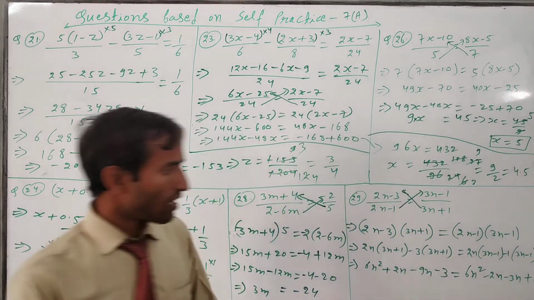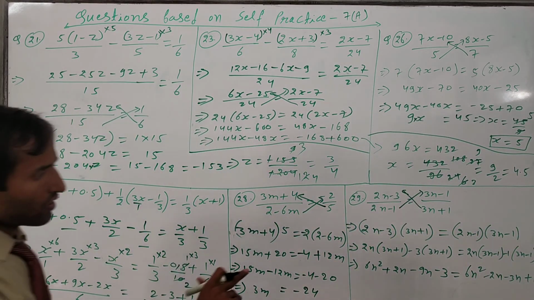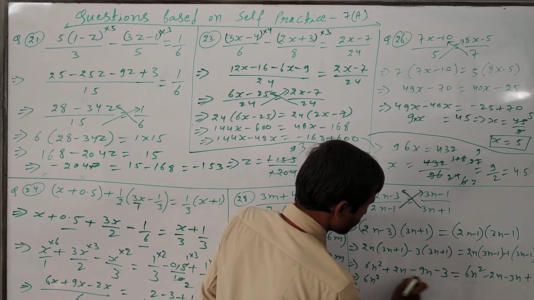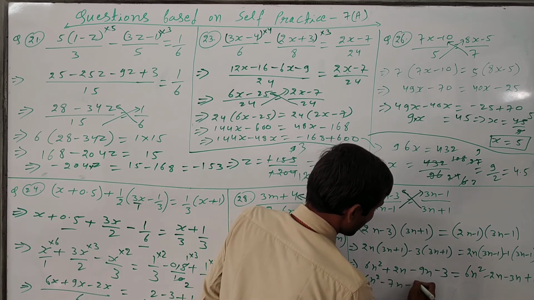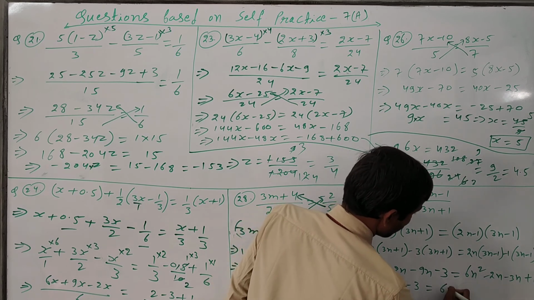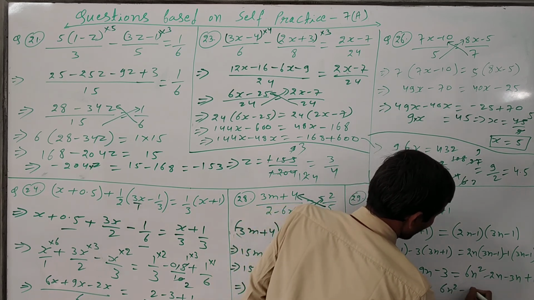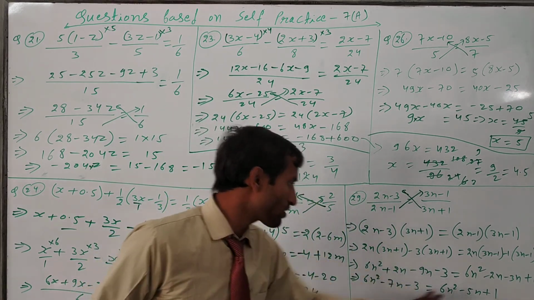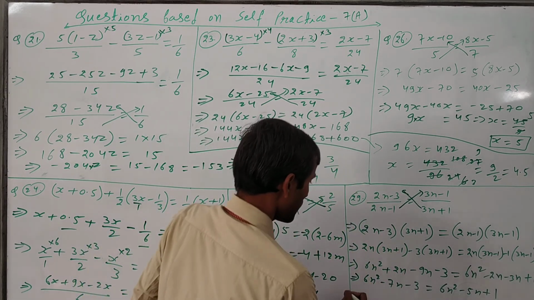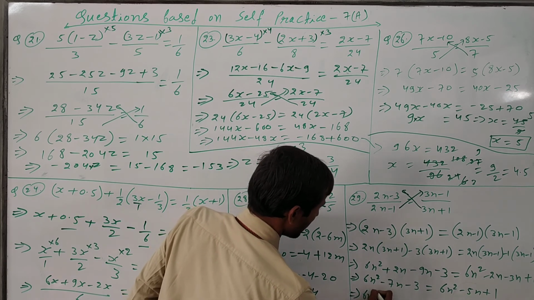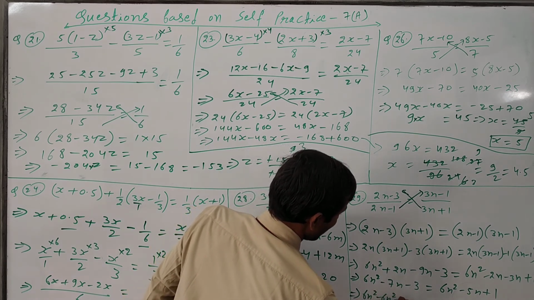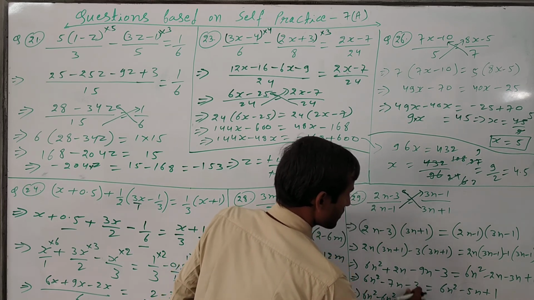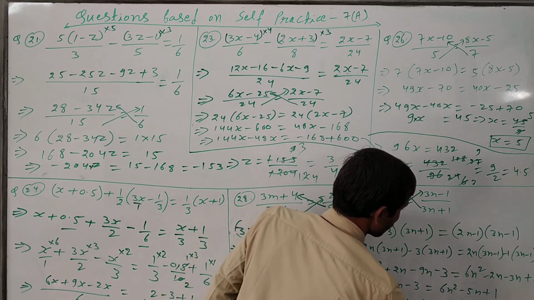Now just separate the variable and constant. First of all we have to simplify, then like terms we have to subtract, minus 7n will come and minus 3, then 6n square same as it is, then this both 5n will come, then plus 1. Now just shift this value this side and this 3 that side. So here 6n square minus 6n square minus 7n plus 5n is equal to this 3 will separate that side, so 3 plus 1 will come.